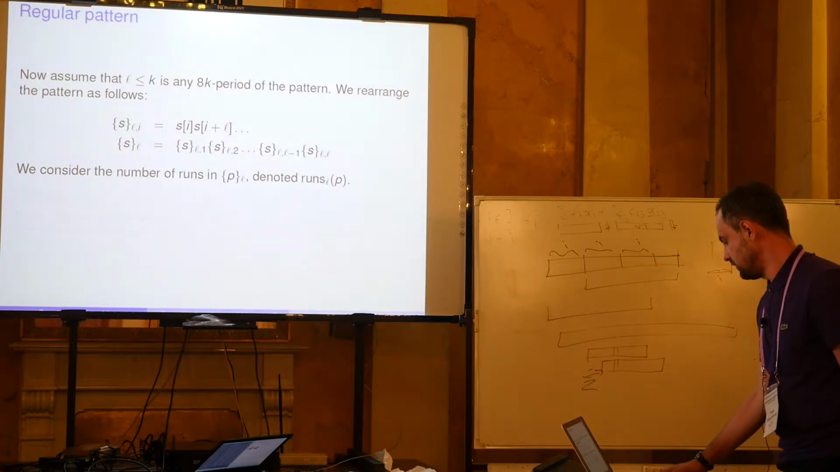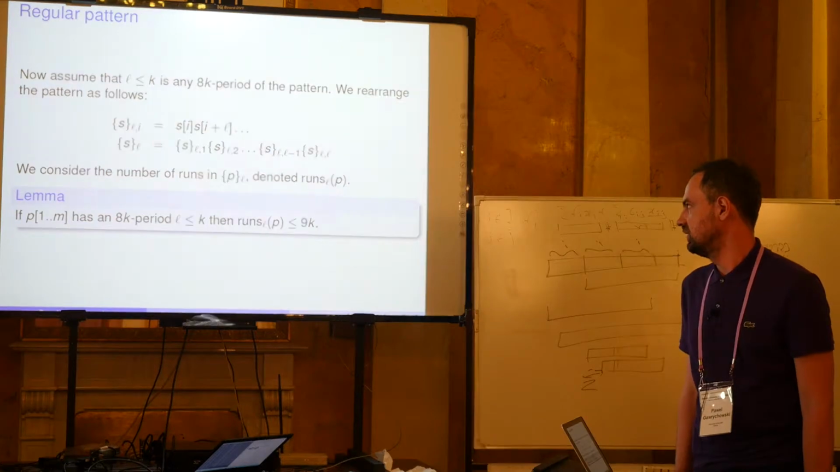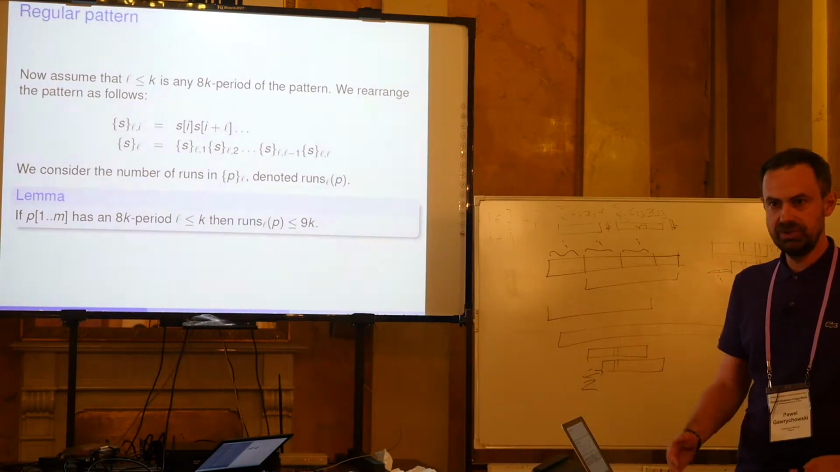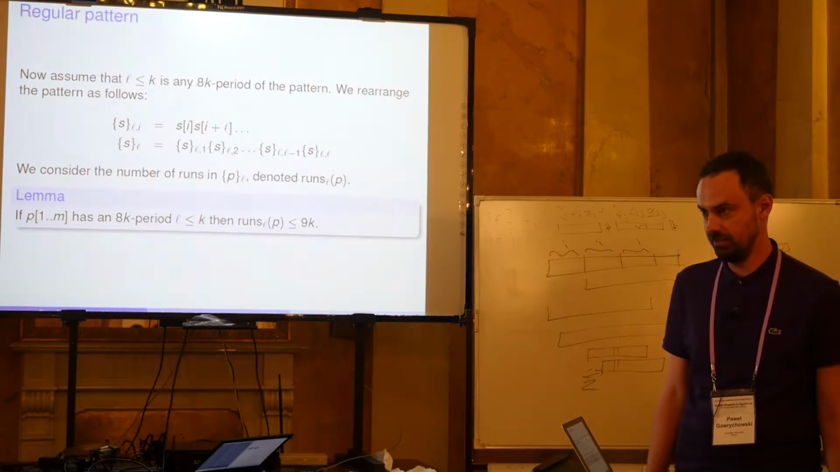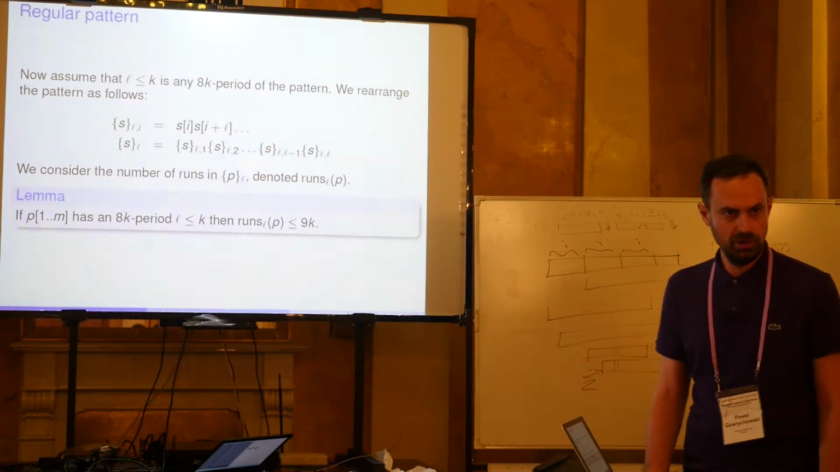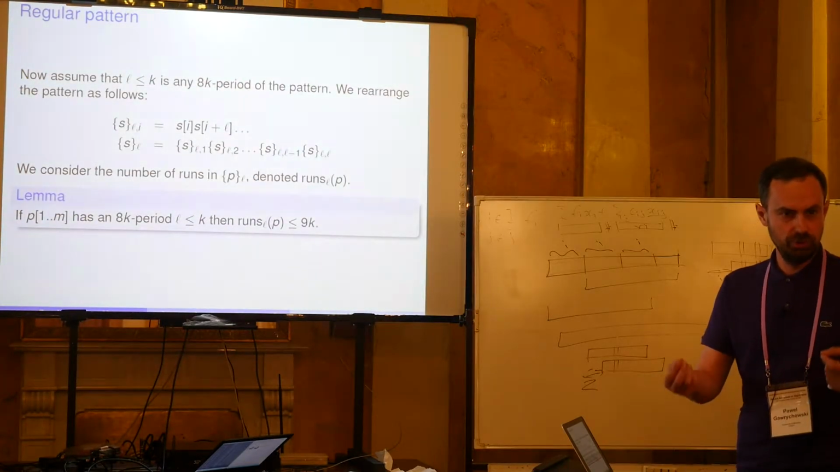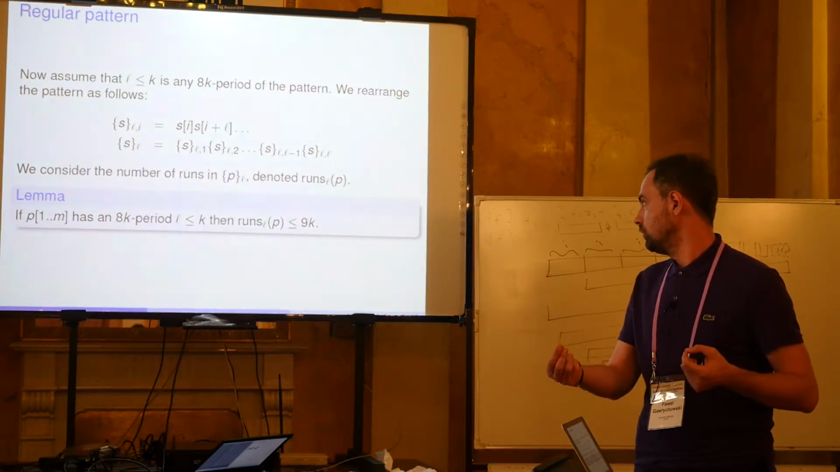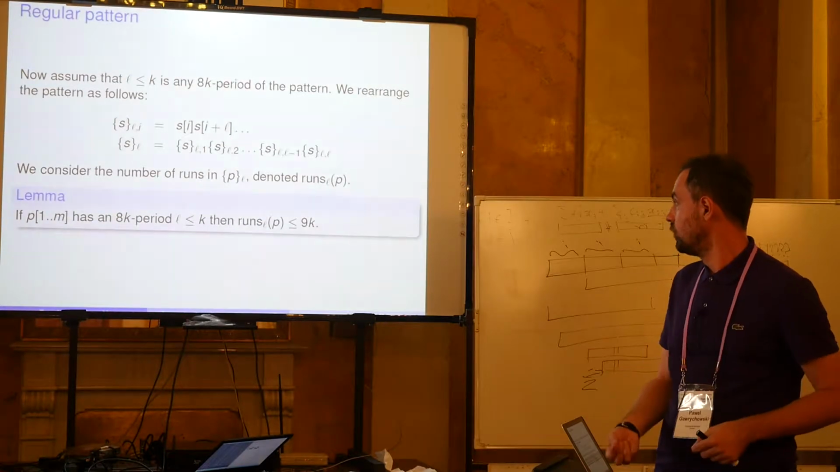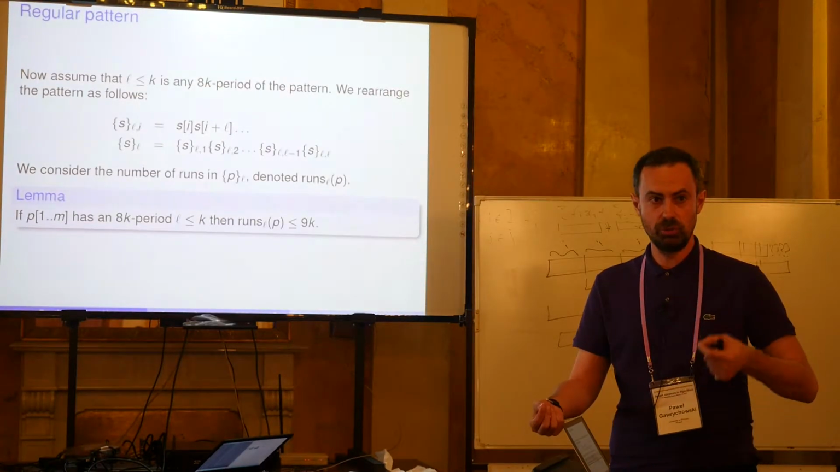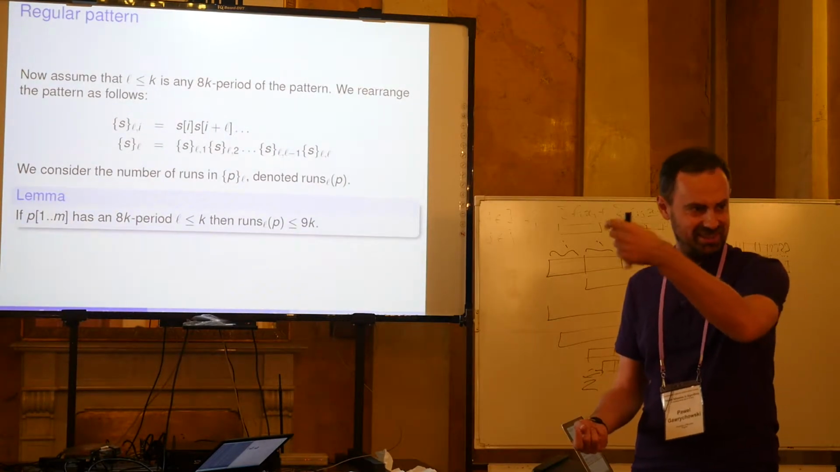And then it turns out, and it's not difficult to see, that if the 8k period is at most k, then after this reshuffling, the number of runs will be at most 9k. Why is it so? Think again about the definition of an 8k period. You take your string and you shift it by L, which is at most k, and then you have at most 8k mismatches. So when you think about positions i plus 8k, i plus 16k, and so on,